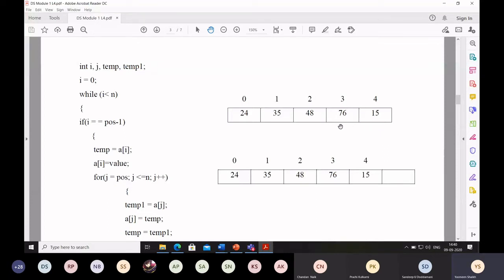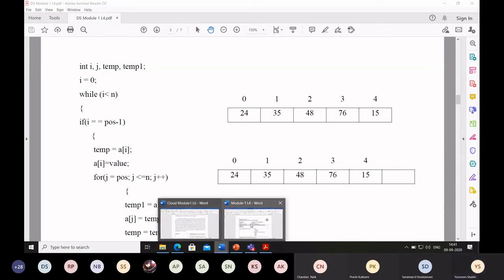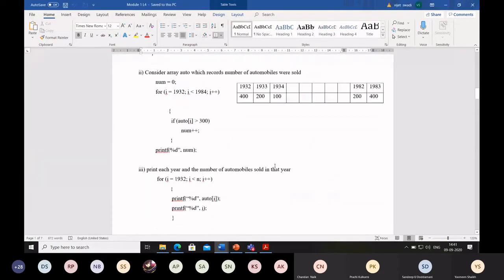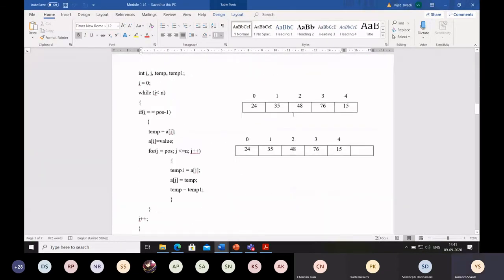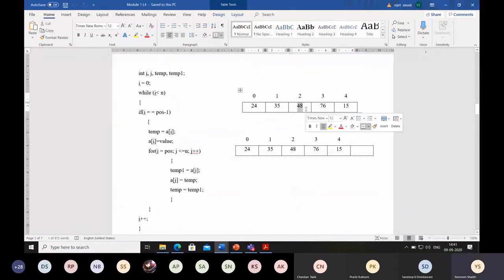Now suppose you want to insert an element at position 2. What is the element that exists at position 2? At position 2, we already have an element called 48.